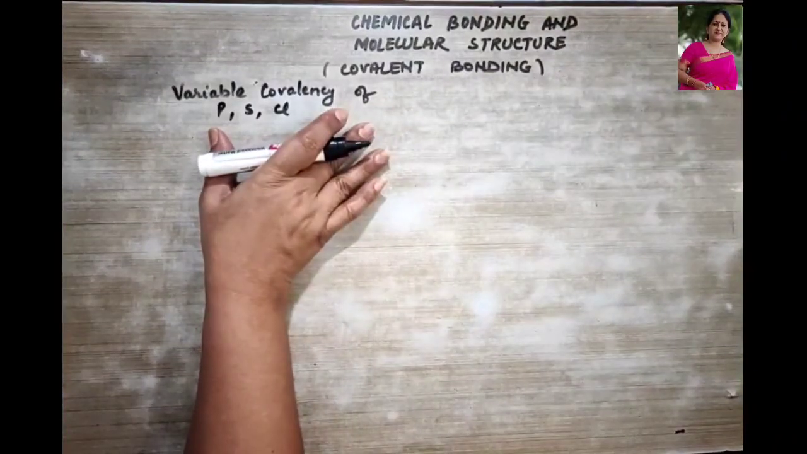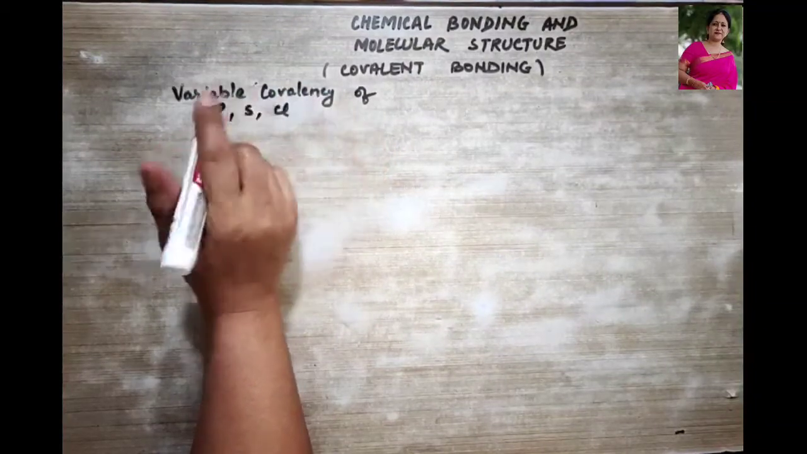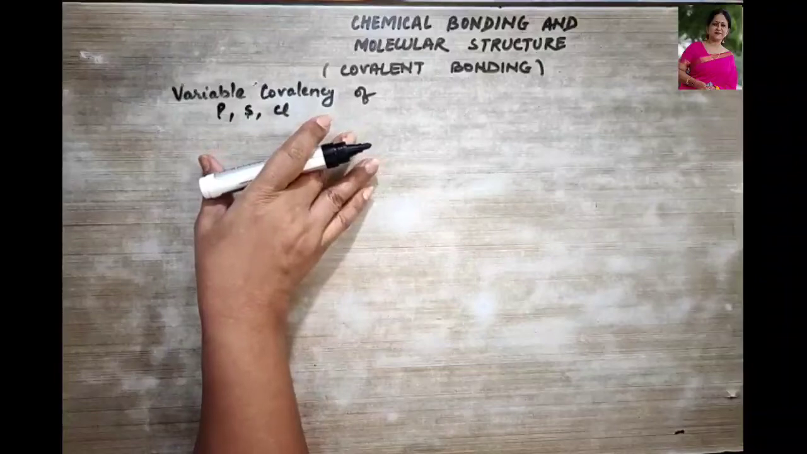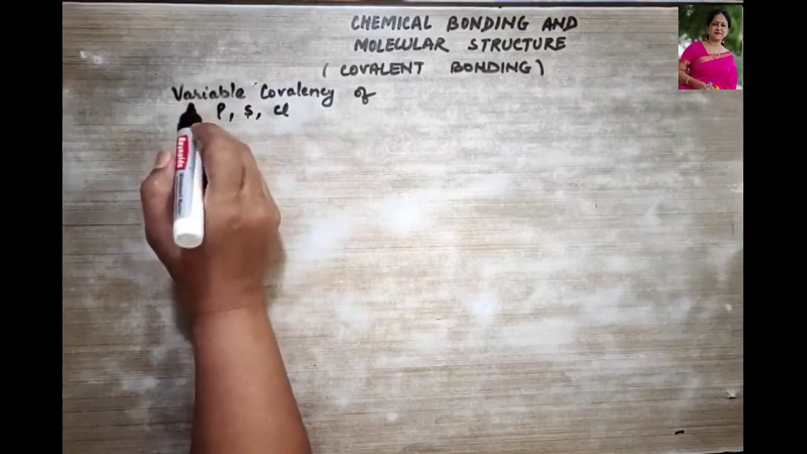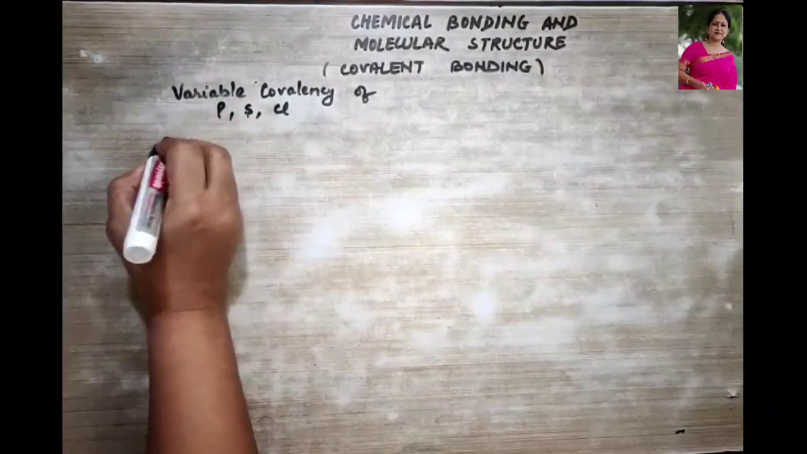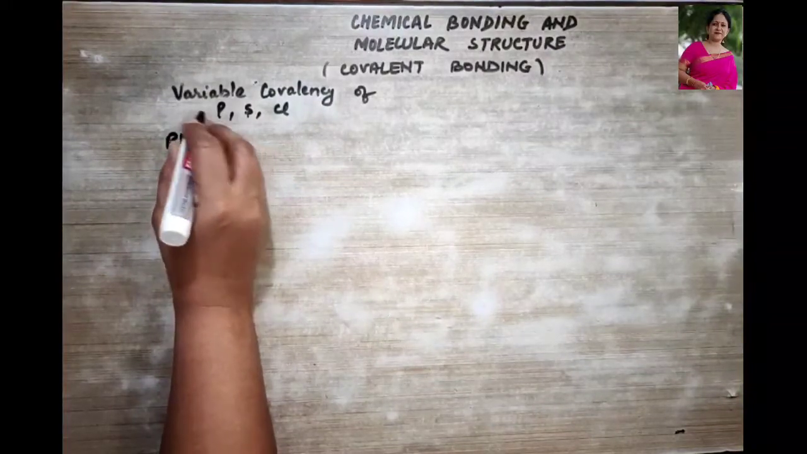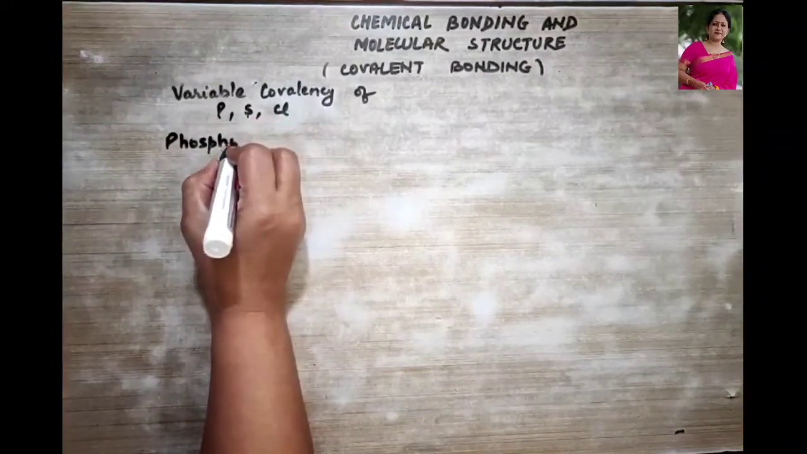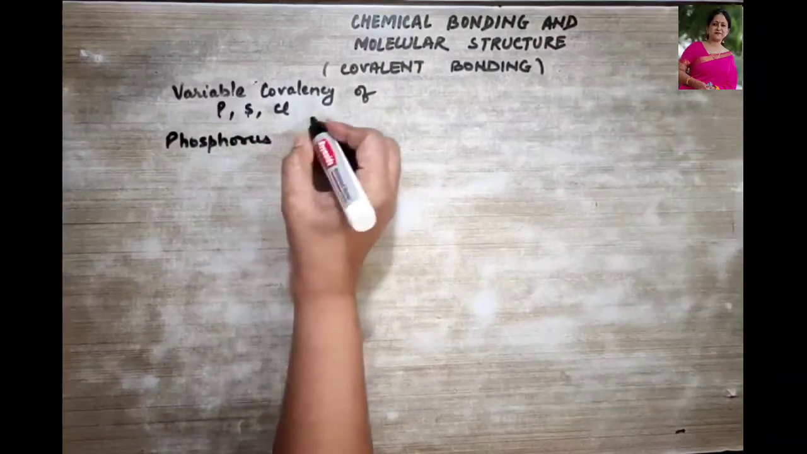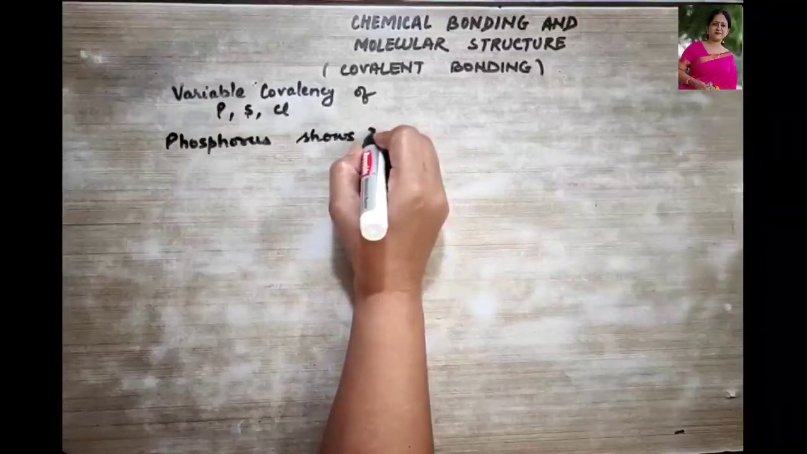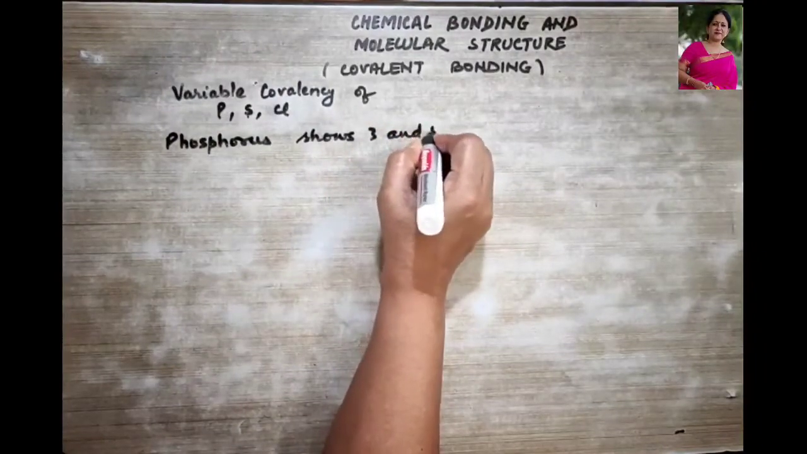Now we are going to talk about variable valency, then we are going to talk about maximum valency. So let us begin with the variable covalency of phosphorus, sulfur and chlorine. So we are going to understand this also. So let us begin with phosphorus. How to find out the variable valency of phosphorus, right? So phosphorus shows what two valencies? 3 and 5